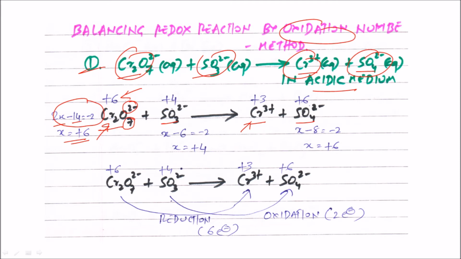Similarly, we can find it for sulfur here in sulfite ion. Sulfur, we don't know, right? We are finding it. So I have taken x minus 6. How do we get this 6? We have 3 oxides present here and each oxide has minus 2 charge. So minus 3 into minus 2 is minus 6, equal to the total charge, which is minus 2. If you simplify, you will get x equal to plus 4. So the oxidation number for sulfur in sulfite ion is plus 4.